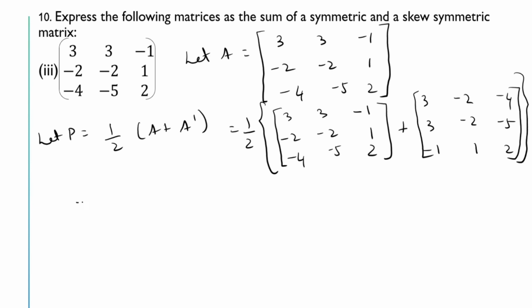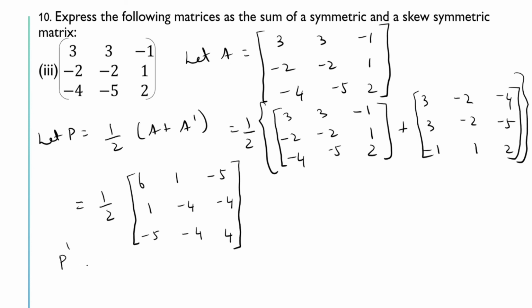So this is equal to half of 6, 1, minus 5, 1, minus 4, minus 4, minus 5, minus 4, 4. Since we have 1 and 5, when we divide by 2, we will get fractions. Let us keep this as it is. Now we can see that